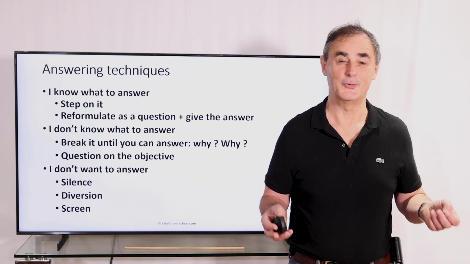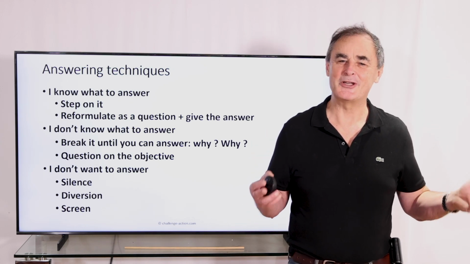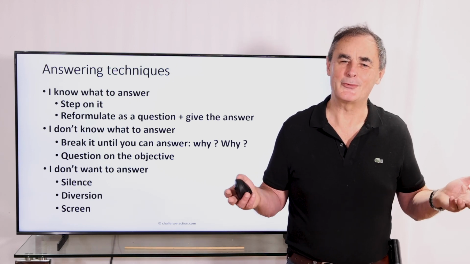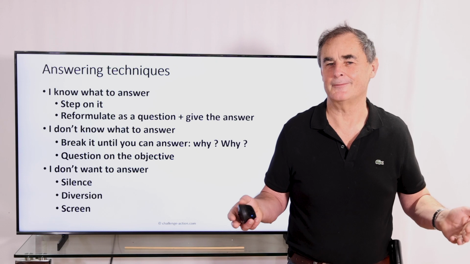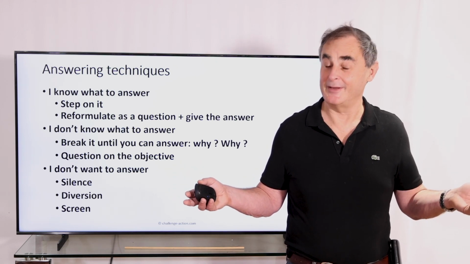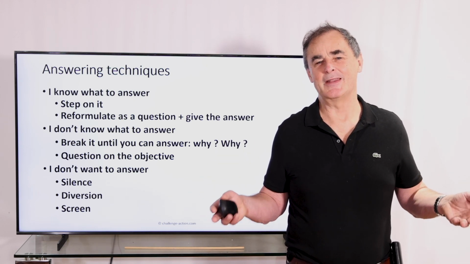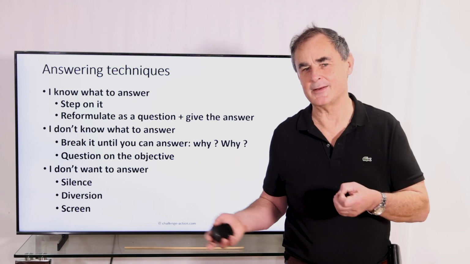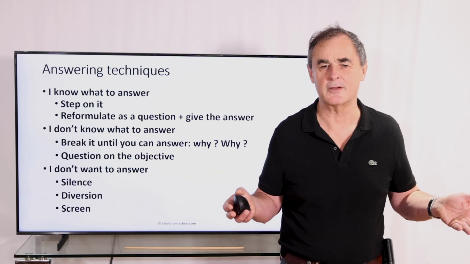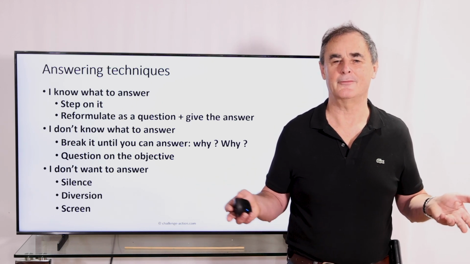Now, if you know that you are wrong, you come back to the initial objective of the client. Why do you work with us? Because you have the best product. So sometimes we may be late, but they only want to have the best product. If you don't have any answer, and you know that he's right in his objection, it wouldn't work to try to break the objection because it's very right. You come back to the initial objective of the client.